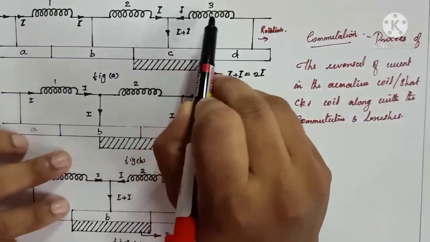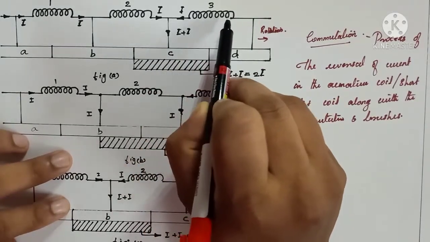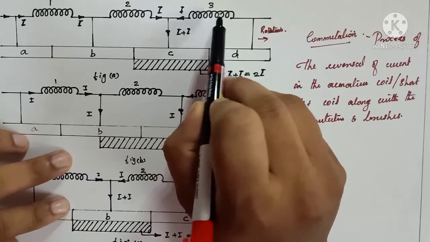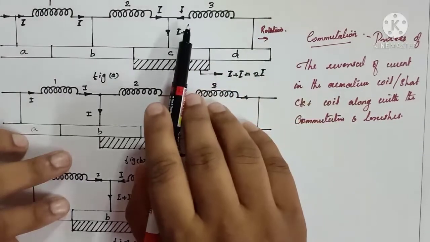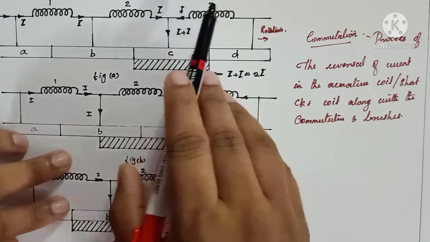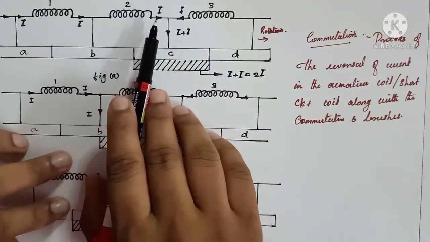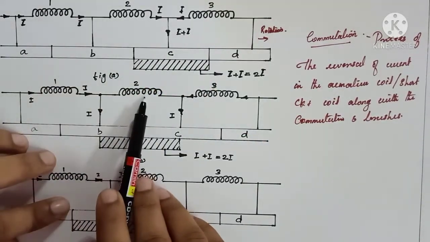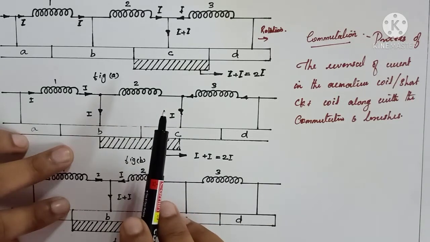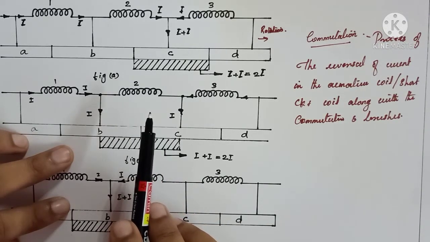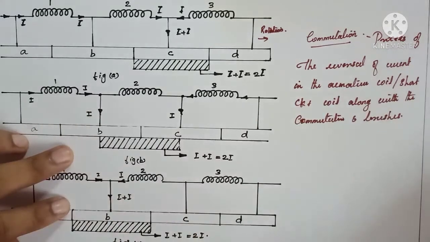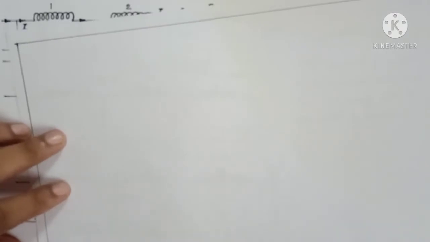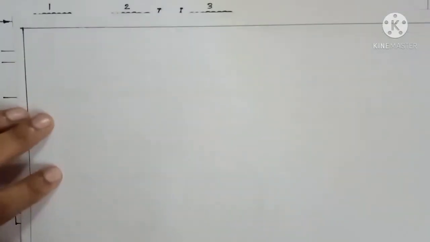We know that for every coil, due to the flow of current, some EMF will be induced in that conductor, that is the self-induced EMF. Due to the self-induced EMF of a particular coil and the EMF induced in the neighboring coil due to the mutual flux, some voltage will be induced in that coil, and that is the reactance voltage. Actually, the reactance voltage is one of the reasons for the delayed commutation. So we can write an equation for the reactance voltage.